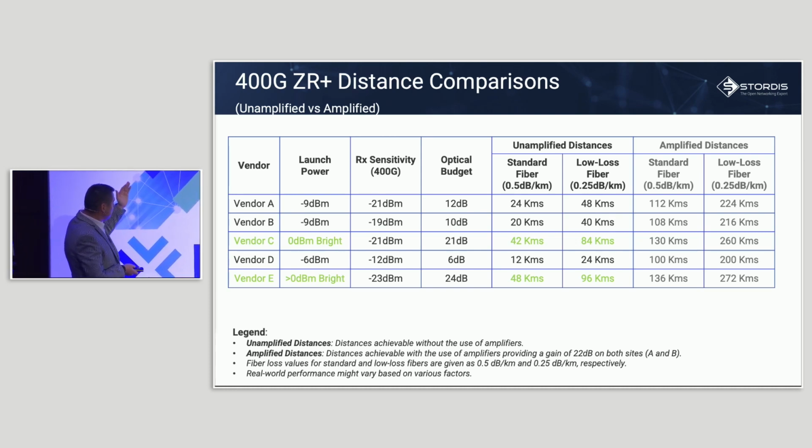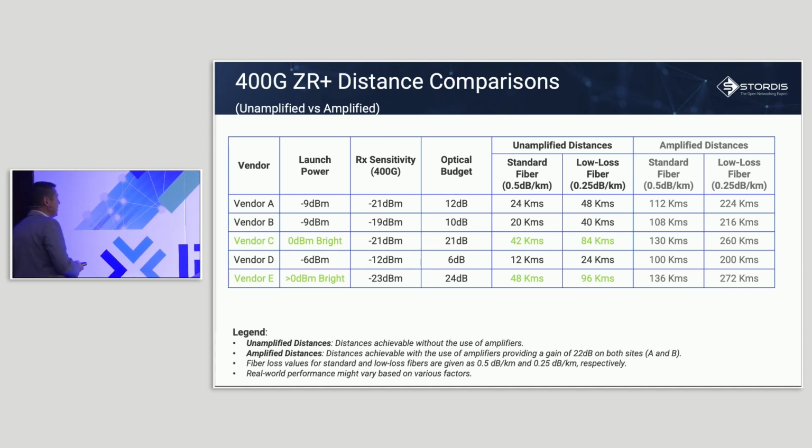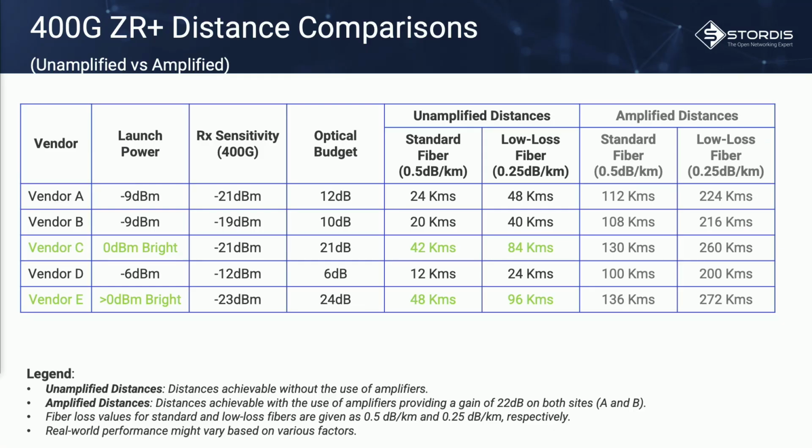So I was collecting here a few different vendors who are providing coherent 400G ZR+ transceivers. As you can see, of course, based on the fiber and the loss, and again, amplifier options, we can go quite easily over 20 or even 48 kilometers